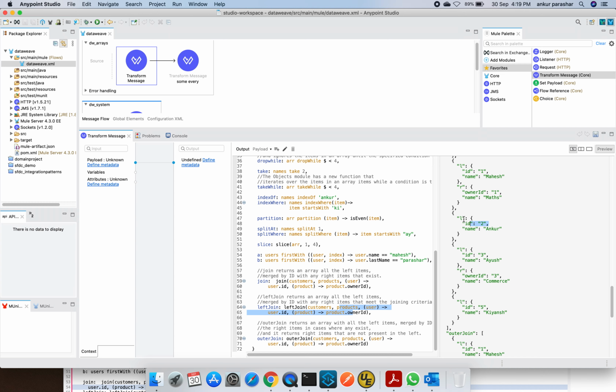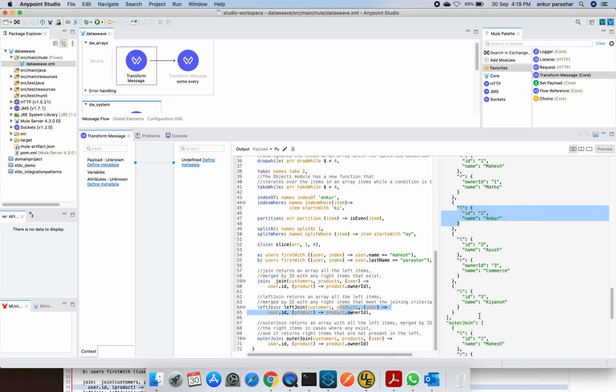So here you can see the 2 is coming up, but there is no R to it. That is L and R combination. R is missing here because we don't have any subject ID. Similarly, for the fifth user ID or the customer ID, we don't have an R part. Whereas for 3, we have an R part, the reason being the left and the right are matching on the basis of ID3.